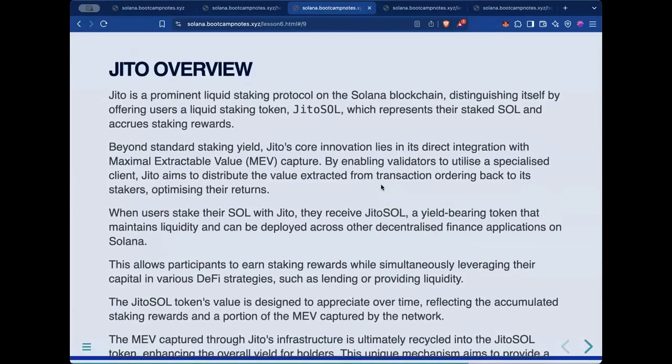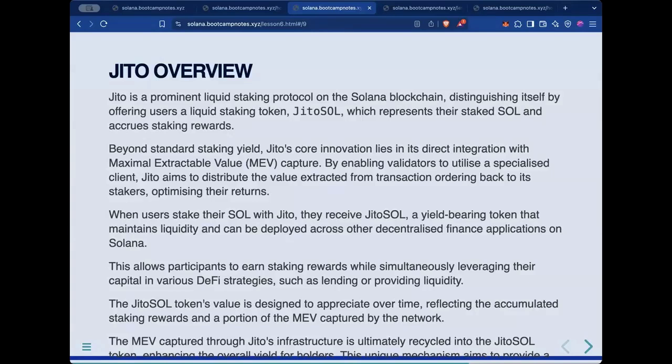This is just an overview of Jito. So this is about liquid staking. You can provide SOL that is going to be staked, and that can give you this liquid staking token, Jito SOL. And it means that not only are you getting some benefit from the staking itself,